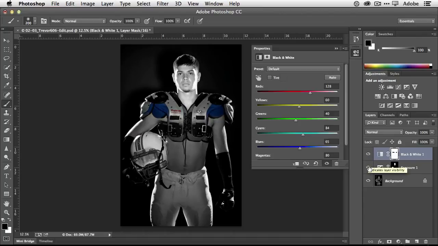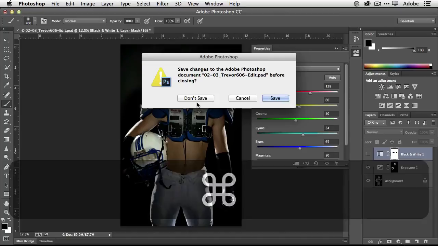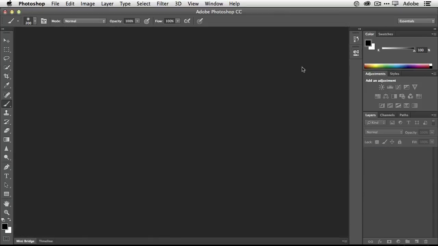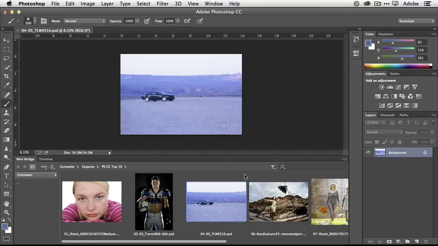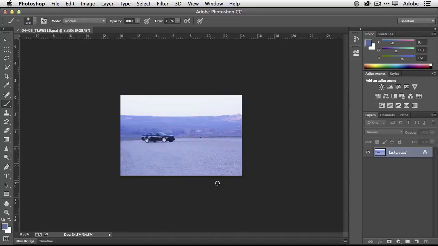It's up to me to control this any way that I want. So adjustment layers, working with masks, number 2, number 3. So what's number 4? Let's close this image and switch back to mini bridge. And let's grab this one. Number 4, believe it or not, the thing that people want to know how to do the most is crop